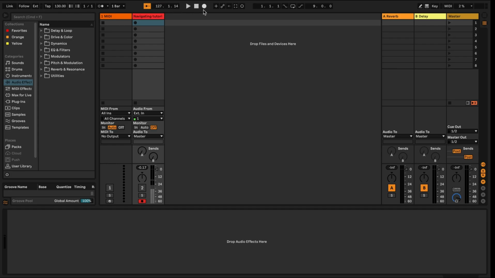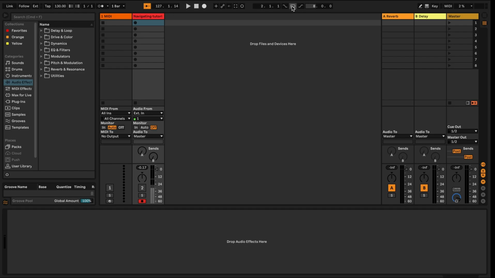Then you have three buttons over here, as you can see: play, stop, and record. Next to it, you have plenty of options to manipulate a MIDI clip or a scene in the session window. Next to it is the loop area, from where you can set your loop,